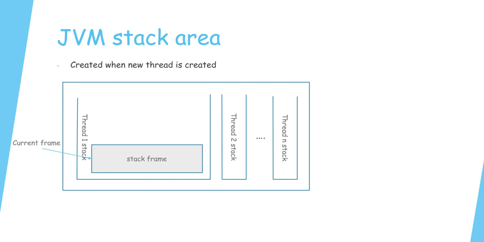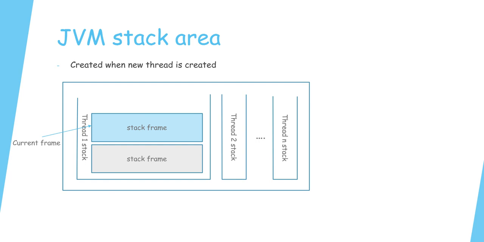When the thread invokes a Java method, the virtual machine creates and pushes a new frame onto the Java stack. This new frame then becomes the current frame like this. Now the method can complete in two ways. It can either complete normally by returning something, or it can complete by throwing an exception. In either case, the Java virtual machine pops and discards the method's stack frame. The frame for the previous method then becomes the current frame.